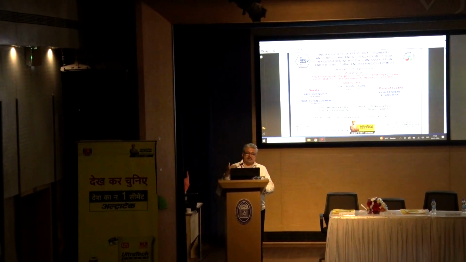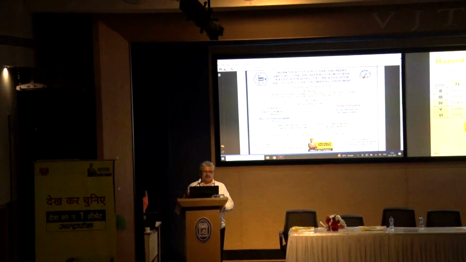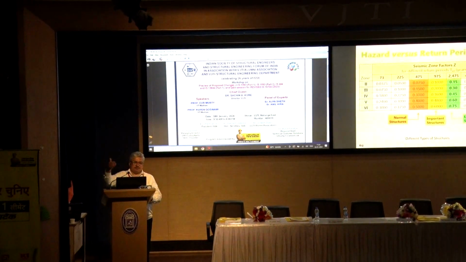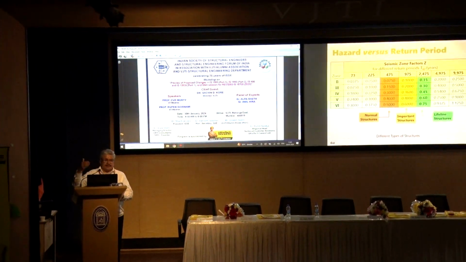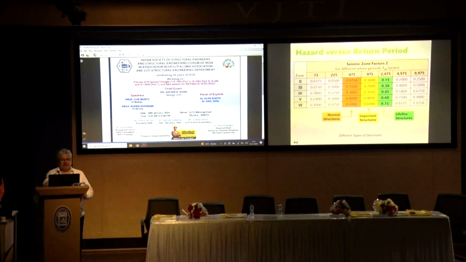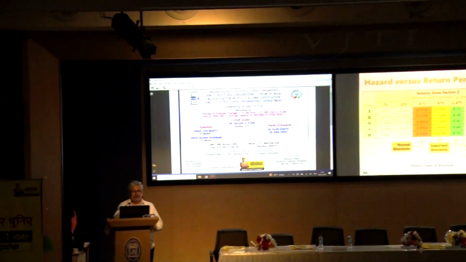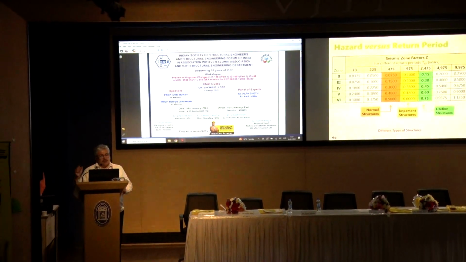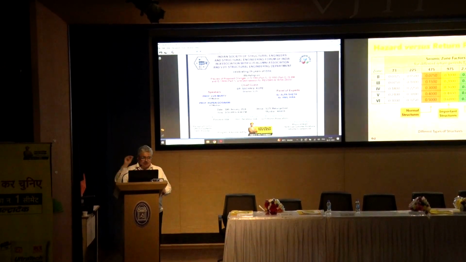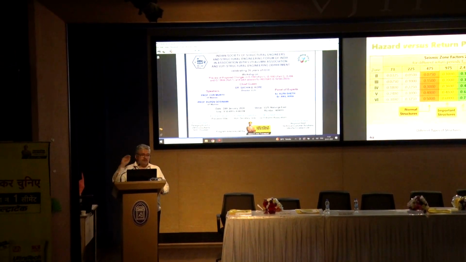So when you look at events of smaller return period like 975 year, 475 year and so on, if we have got the value for 2475 year return period, it is possible to step back and get these values and also go beyond. So that is how the same Z values, zone factors for different return periods can be obtained. Now this again was tested, and what was ensured is that this follows the global trend also,